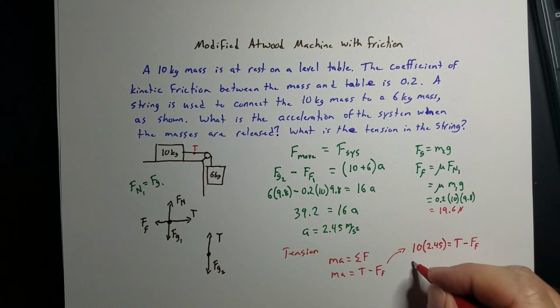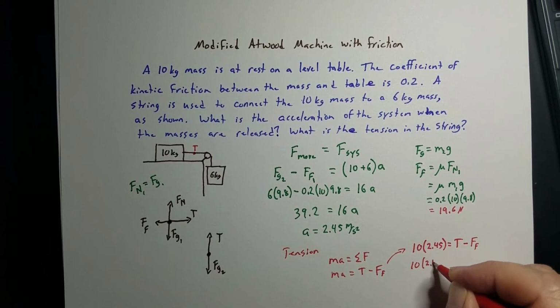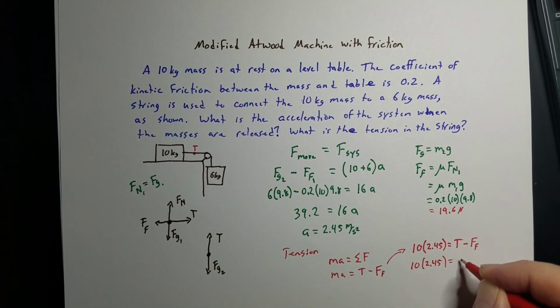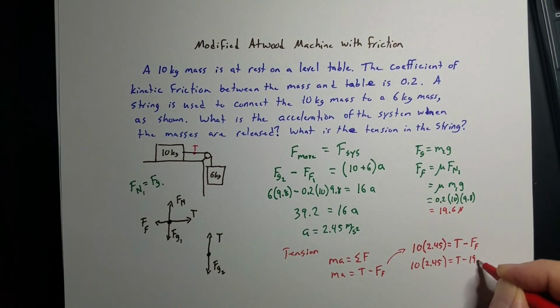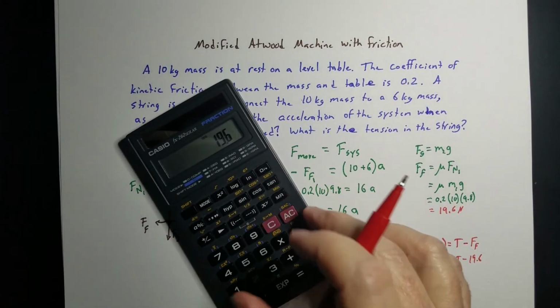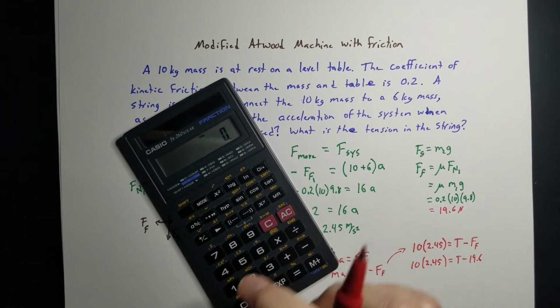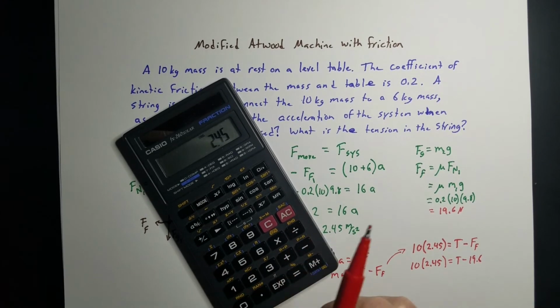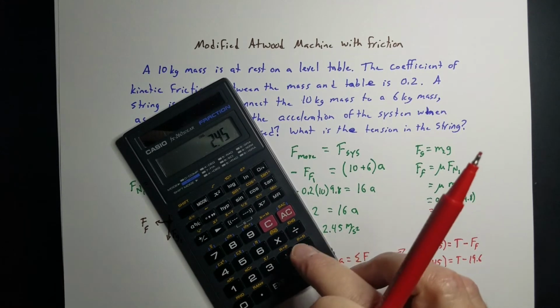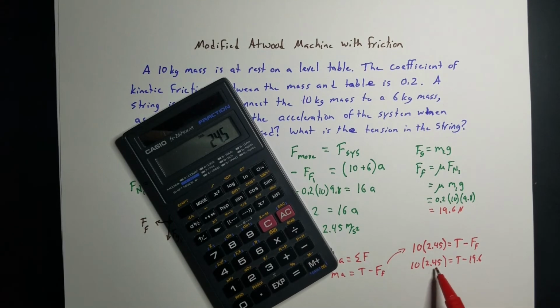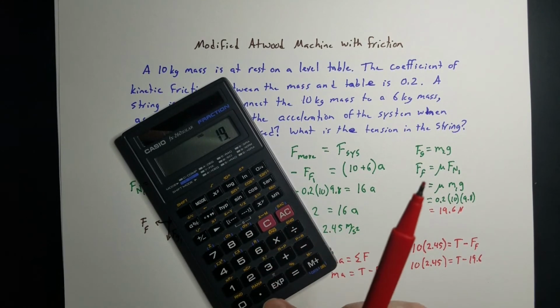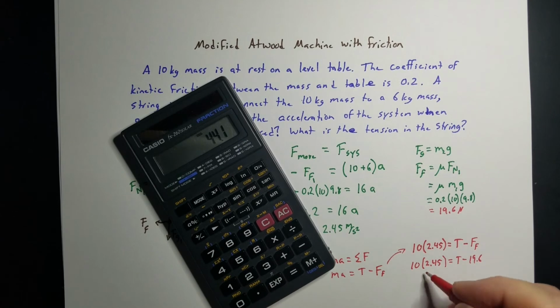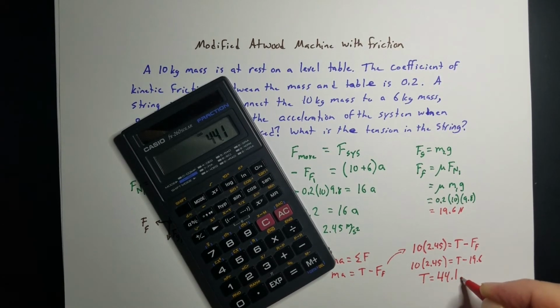And so that's going to be 10 times 2.45 equals tension minus 19.6. Let's go ahead and do that. So 10 times 2.45 plus, because we're going to move that over, 19.6. So the tension in this rope is going to be 44.1 newtons, which is then greater than it was